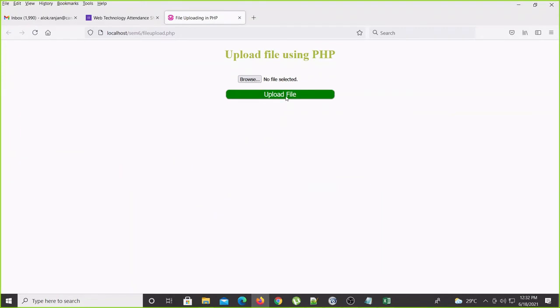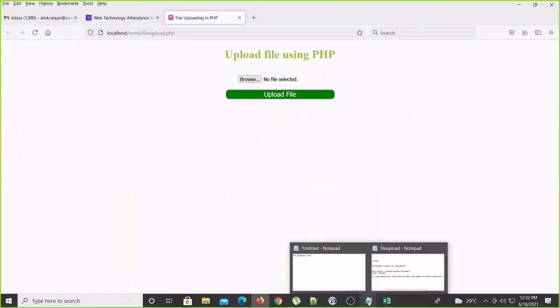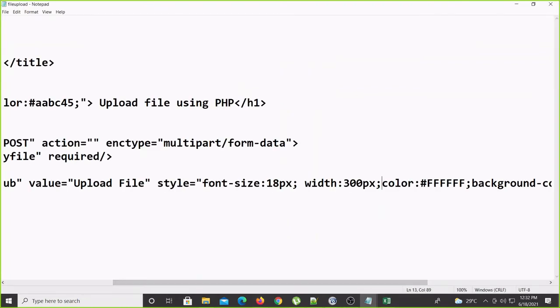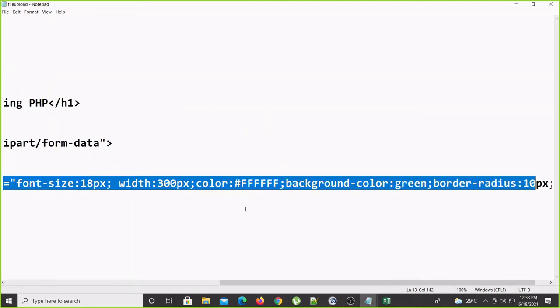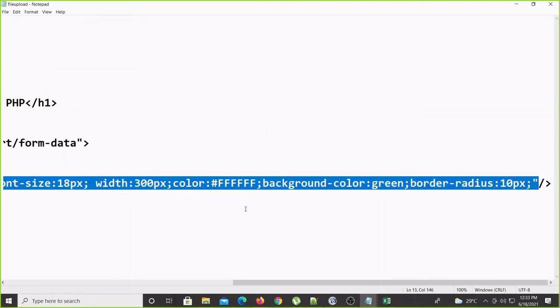Yeah, you see the upload button came. In the same way, if you want, you can put the design there also, the same design we can put for the file tag, this one for browsing purpose, that is looking very small. The same thing you can put there also.